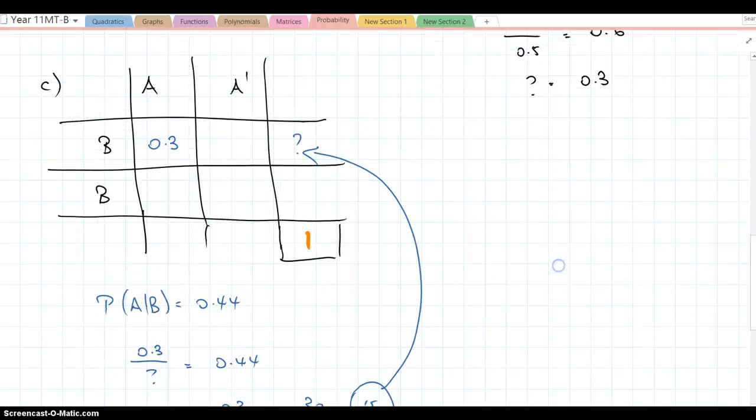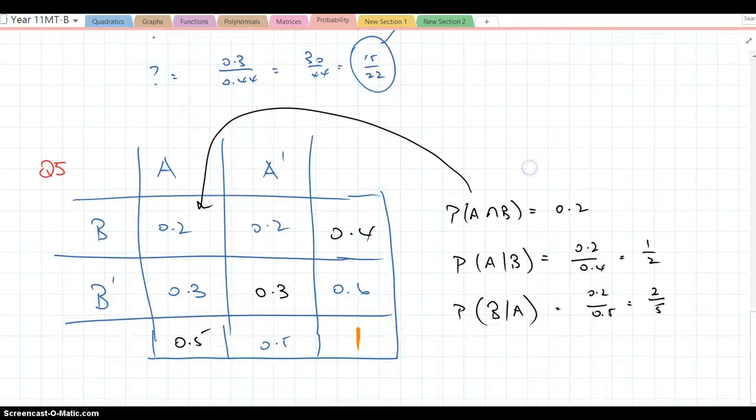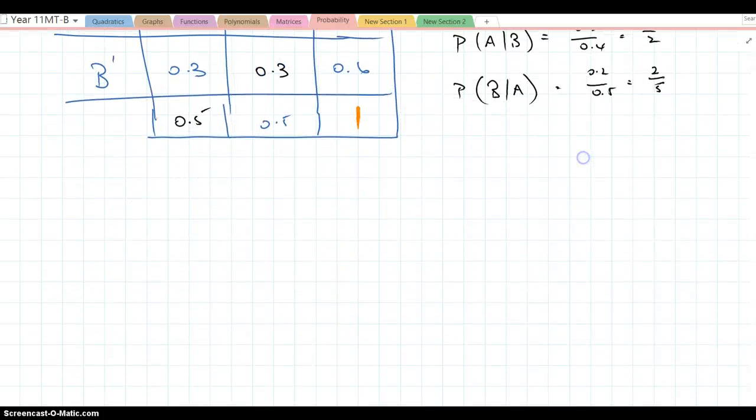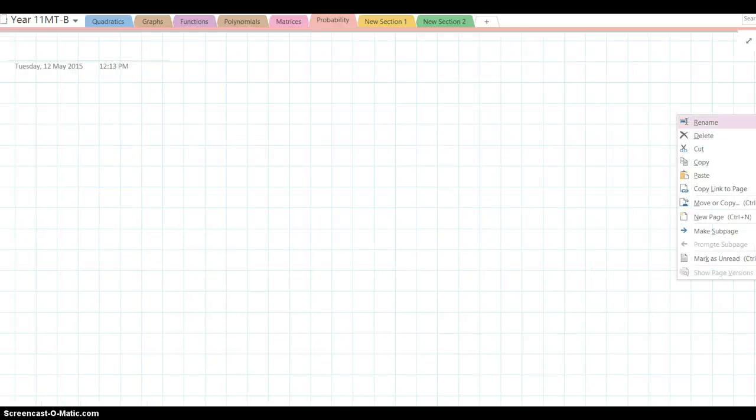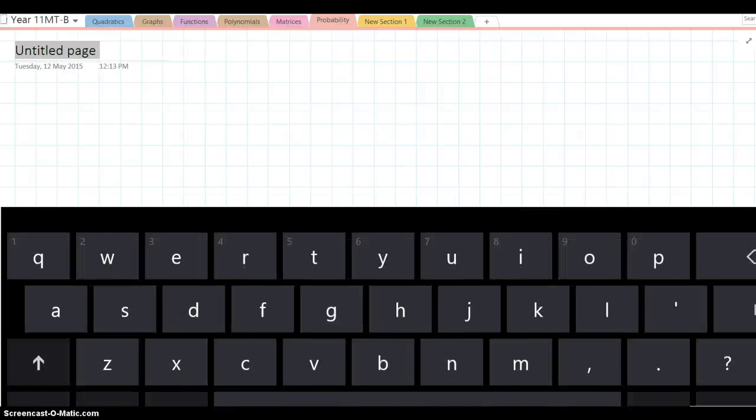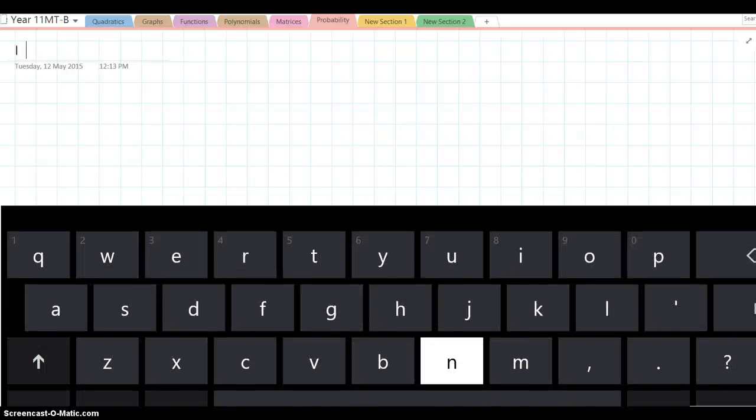See if you can use Karnaugh tables now to get through the rest of the exercise, 11A. Because tomorrow, Thursday, I really need you to finish this off, because on Thursday we need to be getting on with independent events, which I am going to add a page for here. Put my title in, and if you could take down a single note on this, independent events,